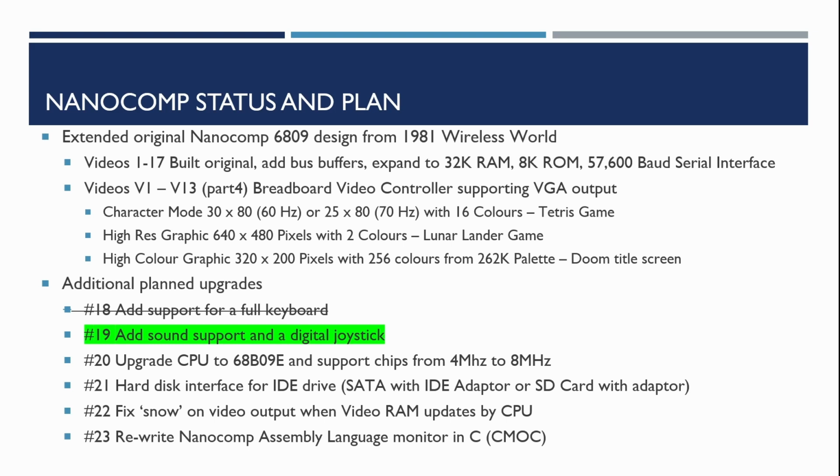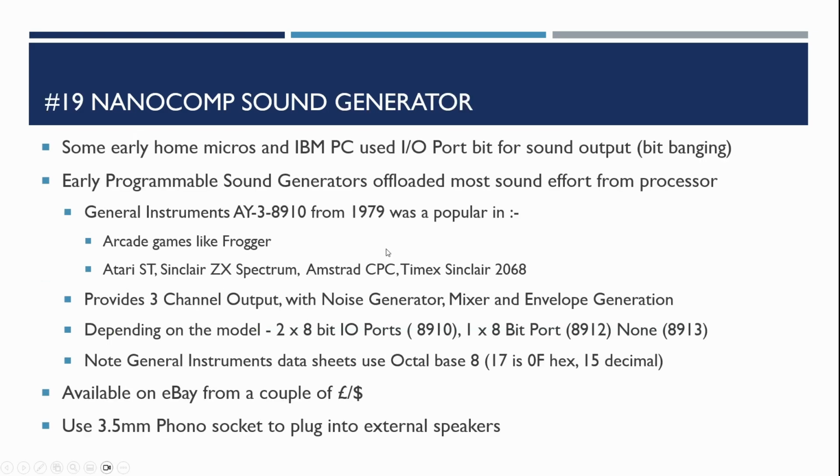a digital joystick. So sound generation in early home micros, and also in the first IBM PCs, basically just used an input-output port bit for sound output, known as bit banging. This required quite a lot of processor time and programming effort to manage. Around the late 70s, about 1979, some programmable sound generator chips became available, and the one in particular